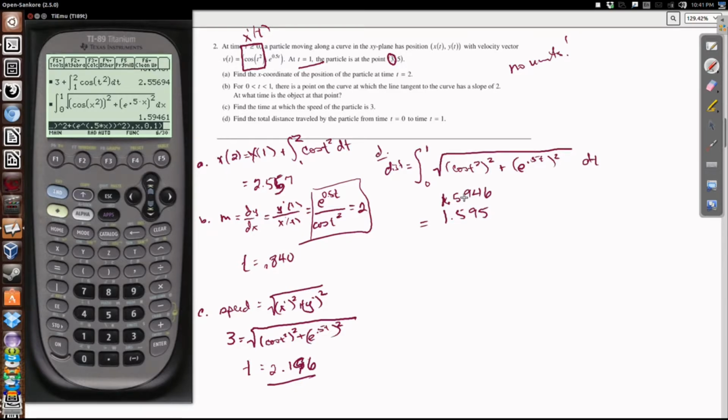So looking at the points on here, you're probably going to get 1 point for writing this fundamental theorem of calculus form and 1 point for your numerical answer. Here you're probably going to get a point for writing that slope is the ratio of y prime over x prime and 1 point for your answer. You're probably going to get 1 point for your speed equation, or your speed function, I should say, 1 point for setting it equal to 3, and 1 point for your answer. And then over here, you're going to have 1 point for your arc length function and 1 point for your numerical answers. So I'm thinking that's where the 9 points